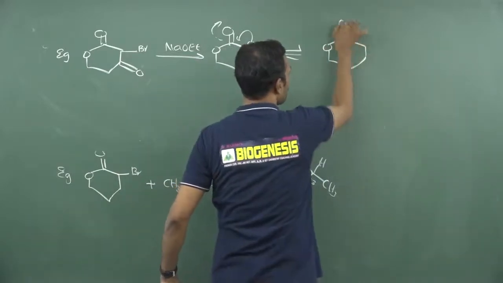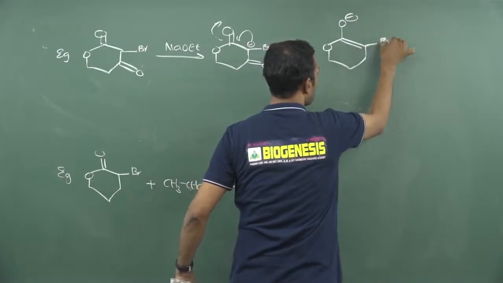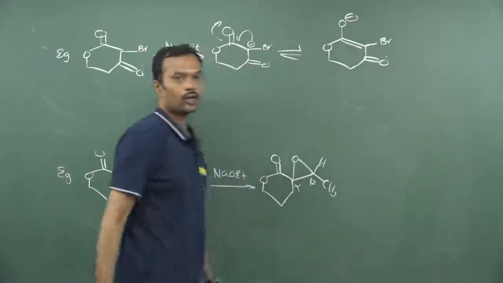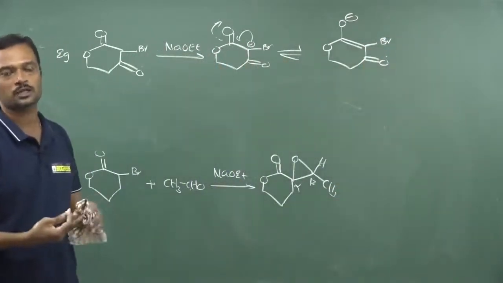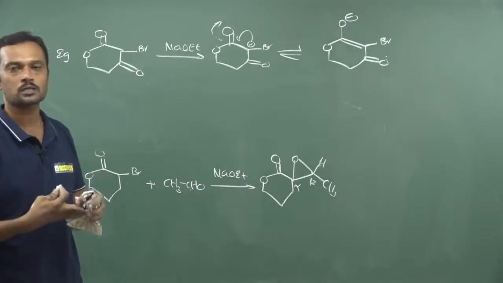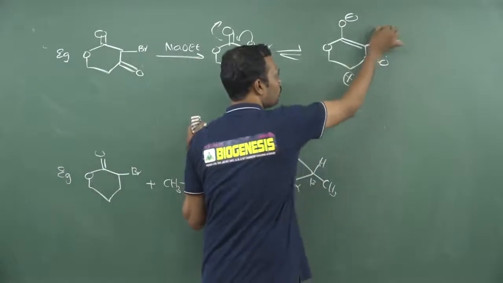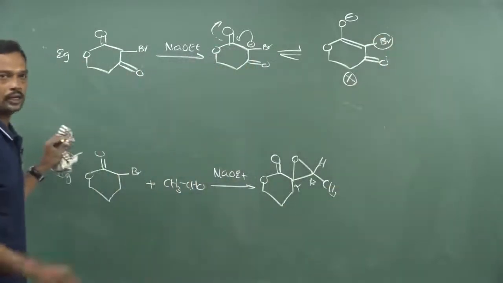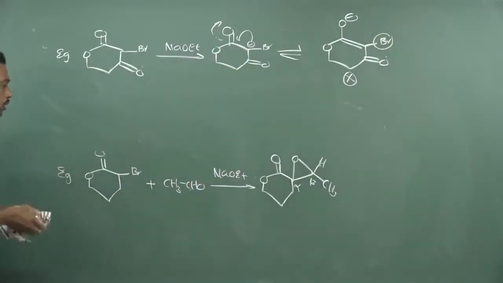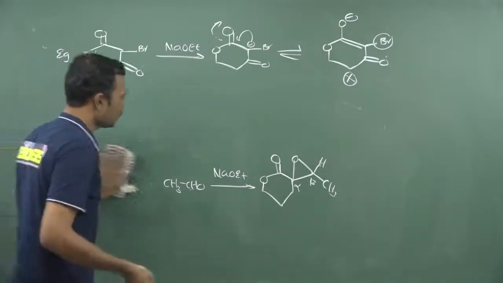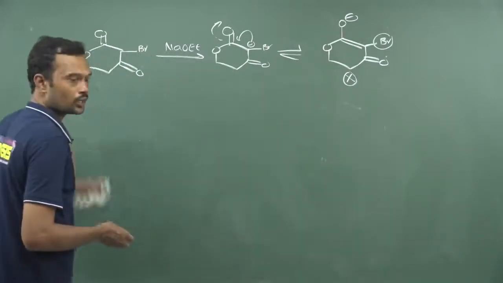Now here you may get O minus, and this is one, and here bromine, and this is carbonyl. There is no such type of elimination expected here. Definitely a minimum of one carbon has separated, so the reaction stops here itself. They never undergo this kind of reaction. Definitely, if they have a long chain, and in that long chain a carbonyl group is present, you may expect this kind of reaction.